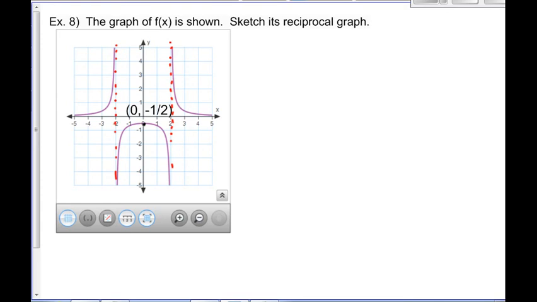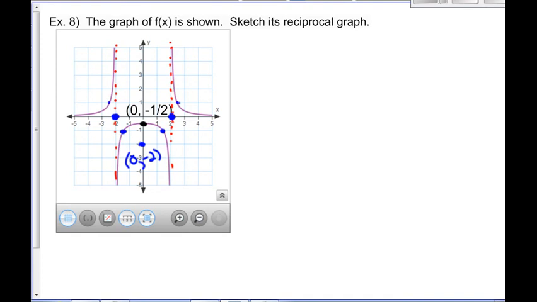Whatever were vertical asymptotes on the original, those are going to be x-intercepts on the reciprocal. We're just doing everything kind of in reverse. This point right here, 0, negative 1/2, that's going to turn into 0, negative 2. Okay, I'm invariant when y is negative 1